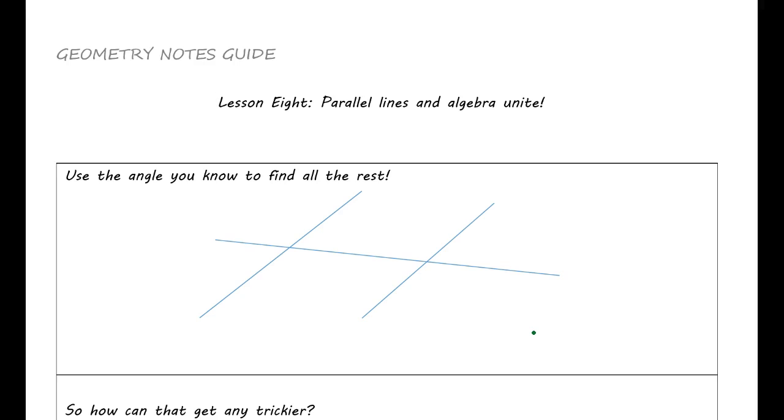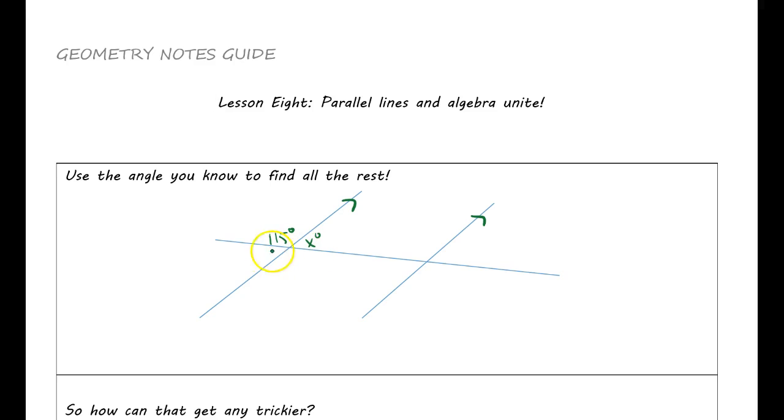So what if we know that these are parallel? Let's say that they've been labeled, or we've been told they're parallel, and maybe we know that this is 115 degrees, and that we then get an x right here. So here's where the algebra comes in. It's like, here's the unknown angle. Well,